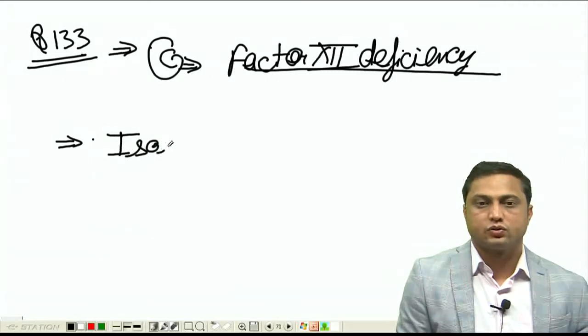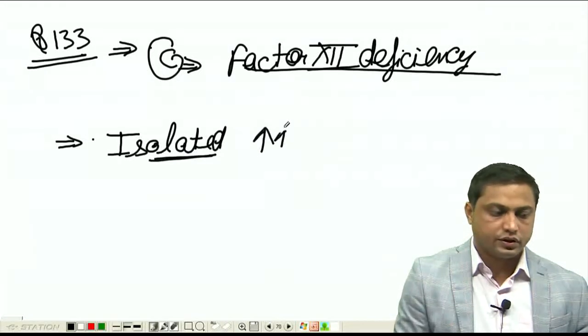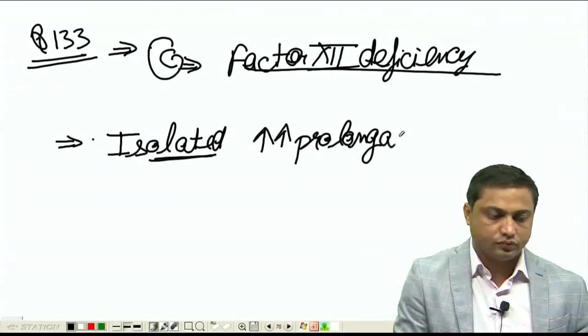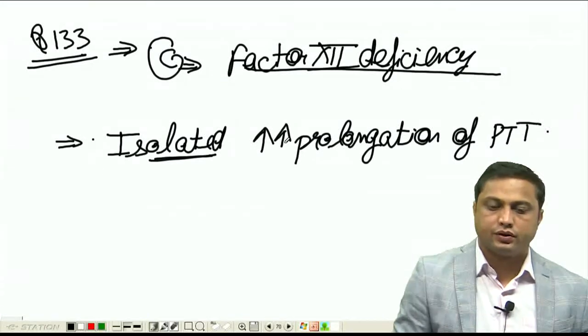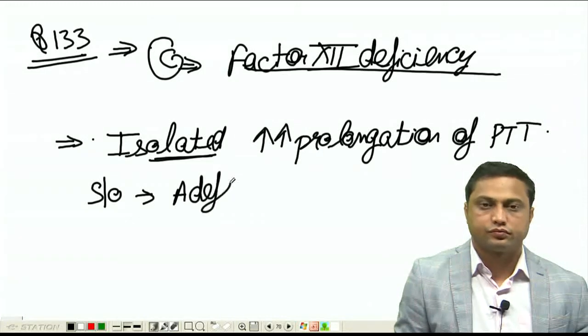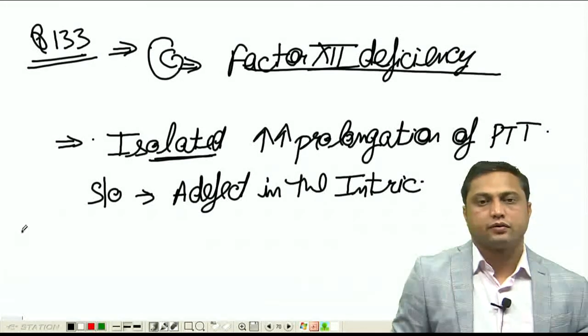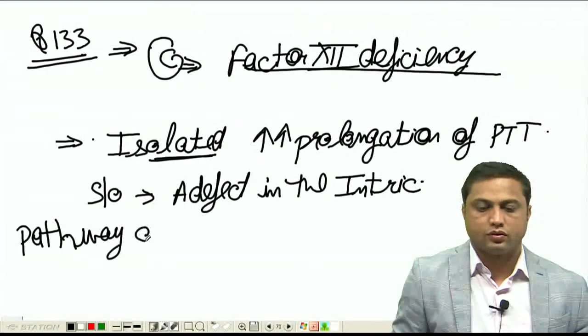First of all, there is an isolated prolongation of PTT, which suggests a defect in the intrinsic pathway of the coagulation cascade